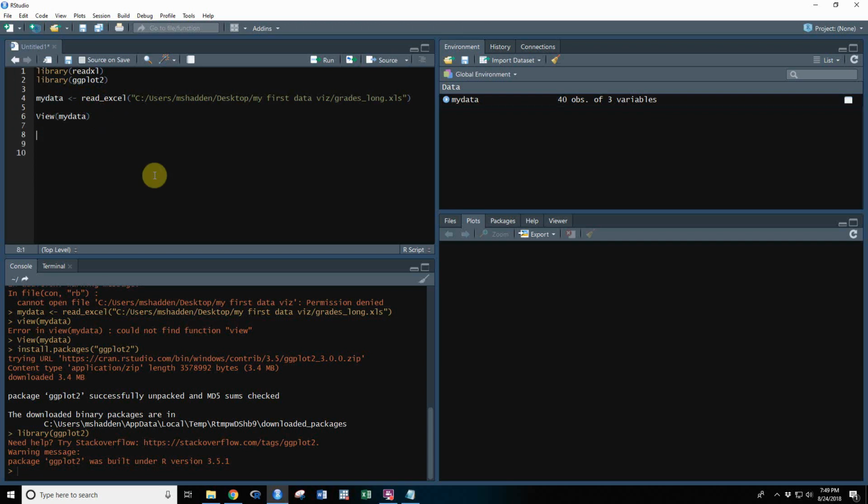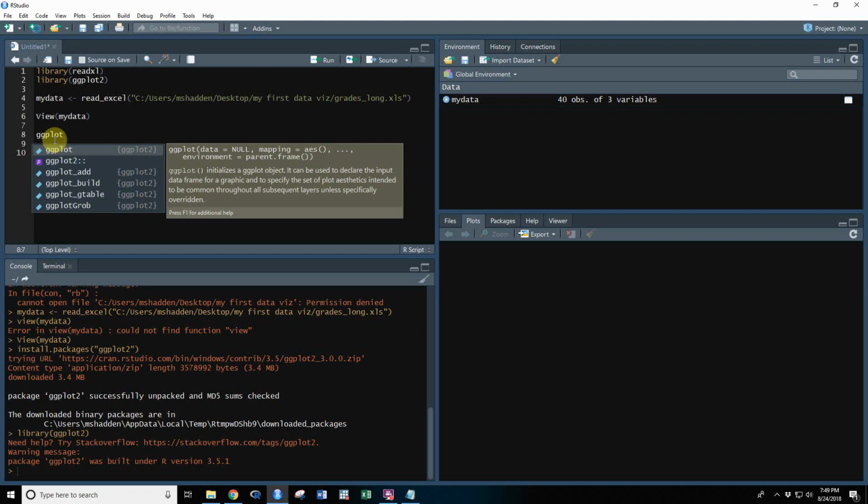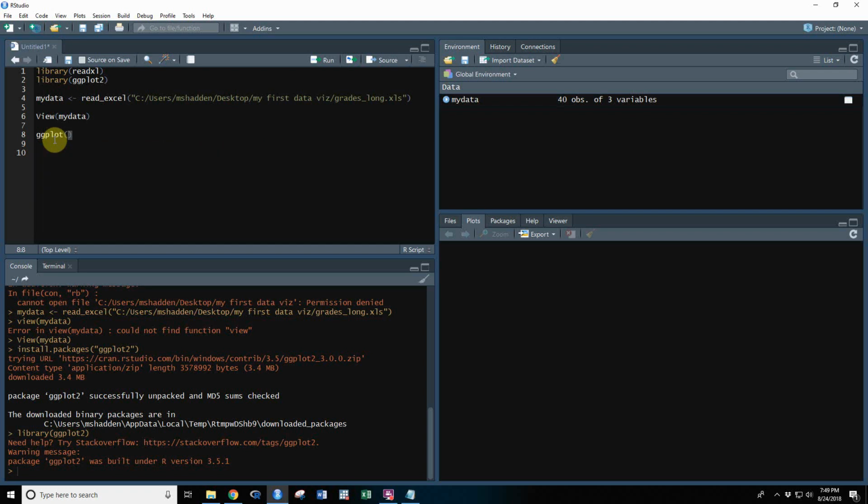So let's go down here, and we're going to use ggplot. Even though it's called ggplot2, the actual function that we're going to be using is just ggplot. So let's type ggplot, and then an open parenthesis, but remember it's going to go ahead and close the parenthesis for us too. So now the first thing that ggplot wants to know is, all right, what data file do I need to go find to use for this visualization, this graph that you're about to make? And we want it to use this data file that we just made right here. So we're going to type my data,